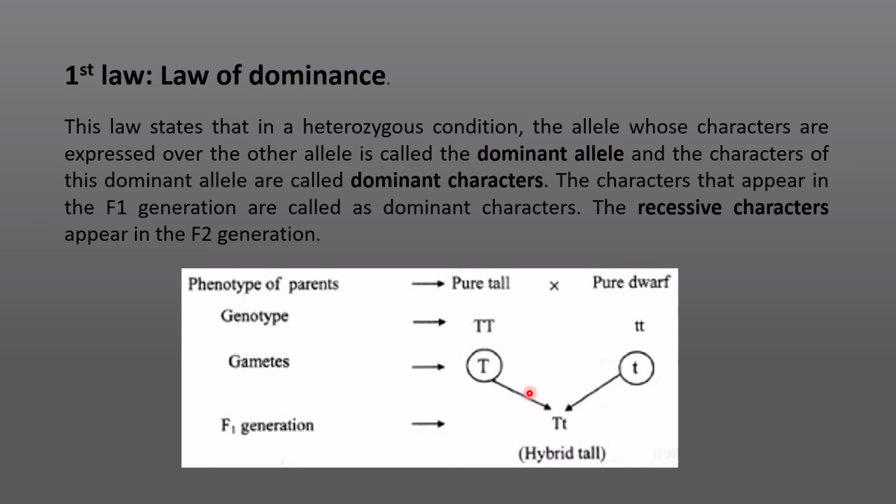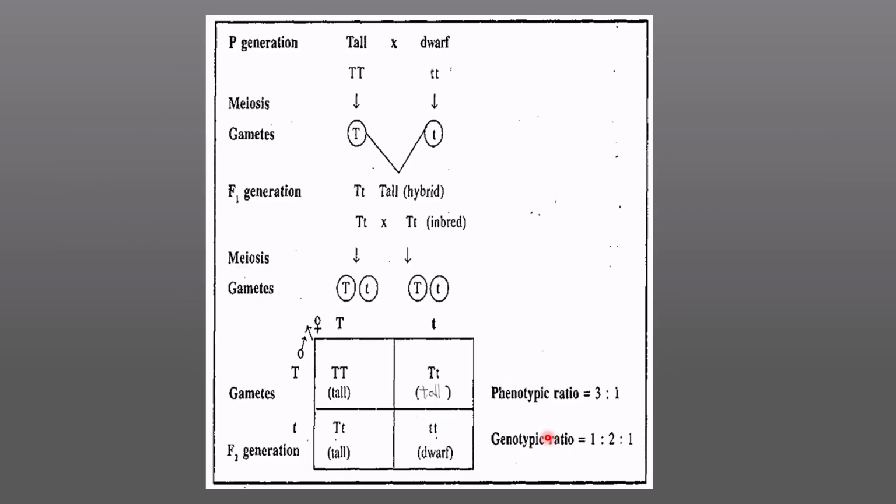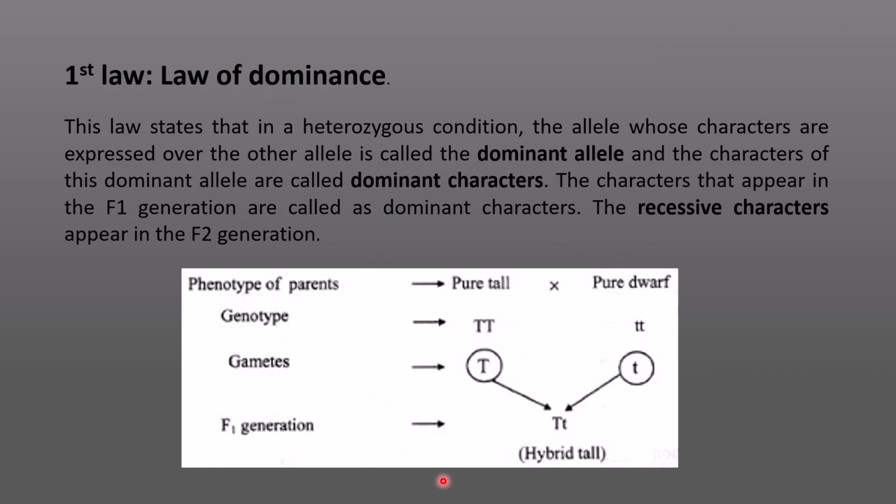F2 generation. See, as we can see here, at the time of gamete formation, there is a gene for pure tallness, and this is a gene for dwarfness, and in the F1 generation, though both are present, only the dominant allele expresses its character, whereas the recessive character is suppressed. So the F1 hybrid became tall, and when this is further crossed, as we discussed here, in the absence of the tall gene, the recessive gene expressed itself in the F2 generation. So that is the law of dominance of genes.